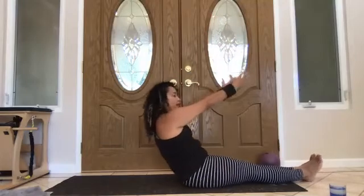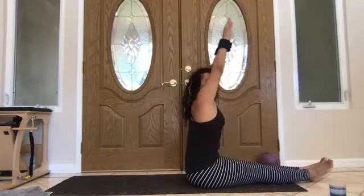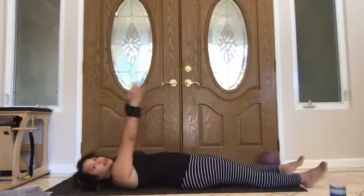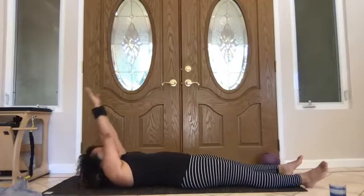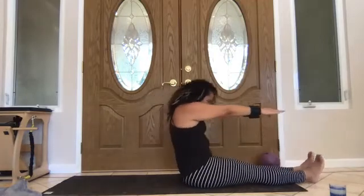Exhale, halfway back. Inhale, lift up. Exhale, roll as slowly as you can all the way down. Inhale, reaching your hands behind you as long as your ribs don't lift off the ground. And as you exhale, let your hands come in front of your shoulders, round through your spine, and feet stay down,